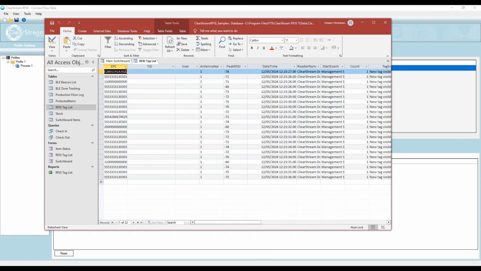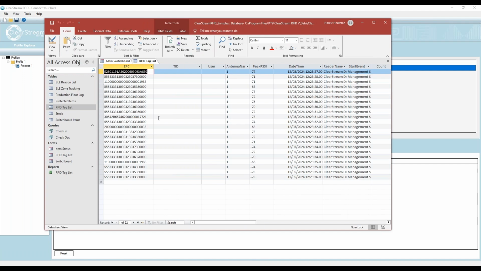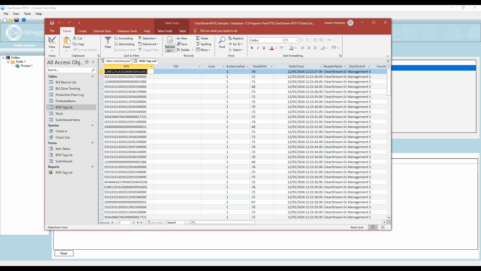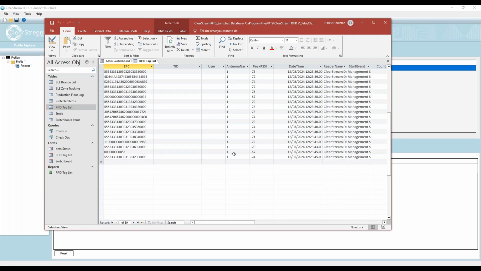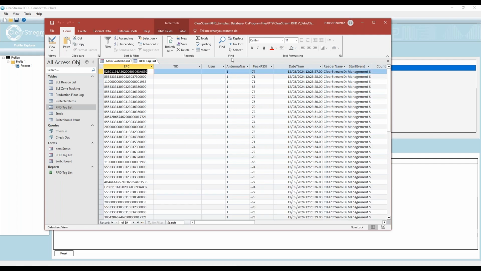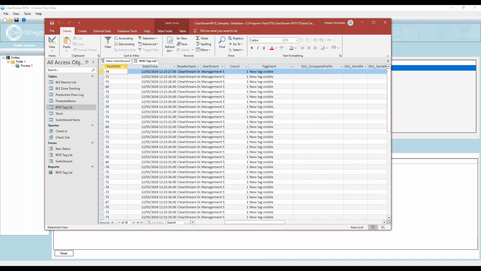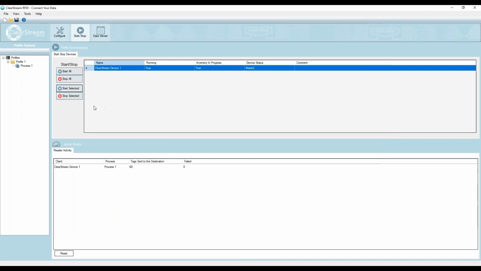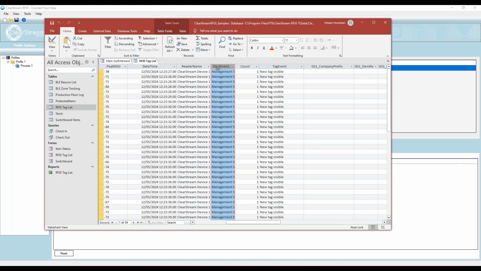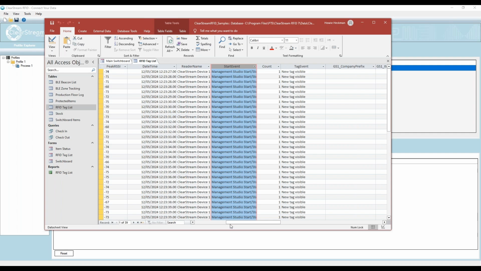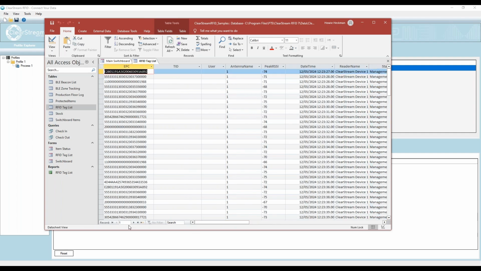If I refresh this list, you can see I'm now capturing all of the RFID tags that are nearby on this 9600, and it's populating them in this Microsoft Access database, along with some of the other information that it collects about every tag read. The antenna that read the tag, the signal strength, a date time stamp of when the tag was read, the reader name, and I'm going to go ahead and stop this. So I just read 68 tags, and they all went into my database here in Microsoft Access. If I hit refresh just to get all 68, you'll see I have the 68 records down in